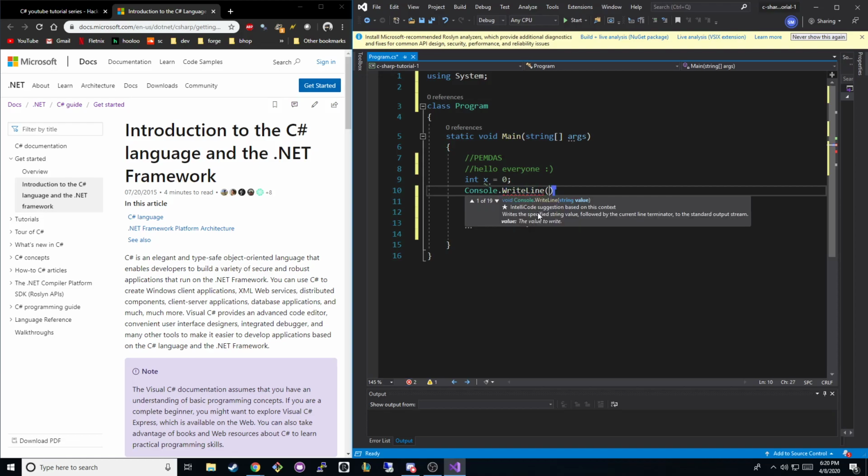And then when I open up one parenthesis, you'll see what the parameters for this function are. And then you can either click on them or use the up and down arrows, and you'll see all of the options, all of the overrides for this function. Right now, that's probably not going to make any sense, but we'll get to it later. I just want you to know how to use Visual Studio because a lot of these things aren't explained